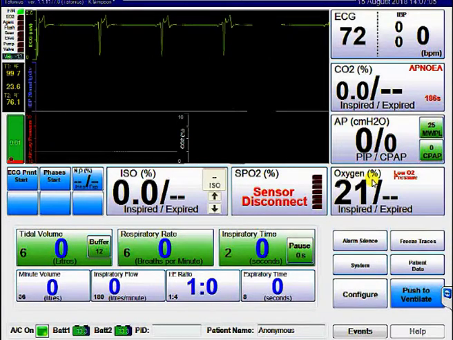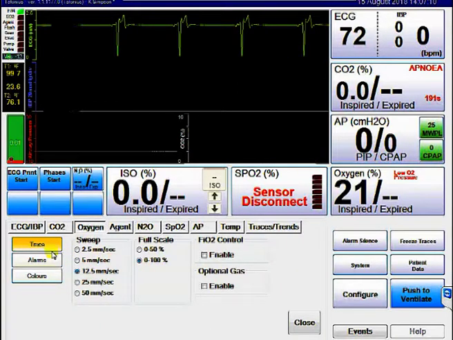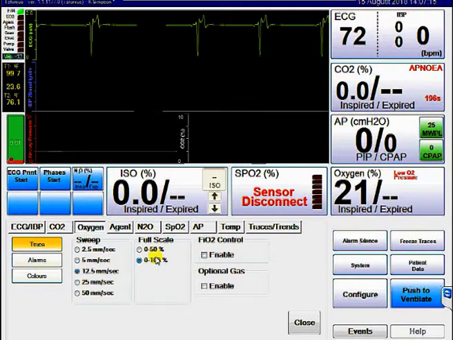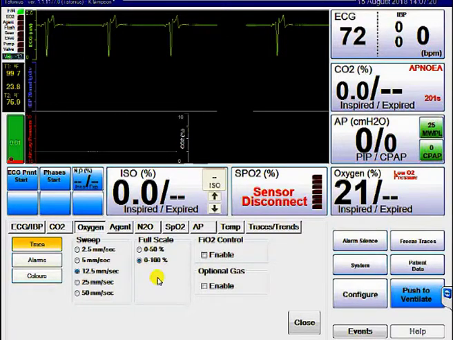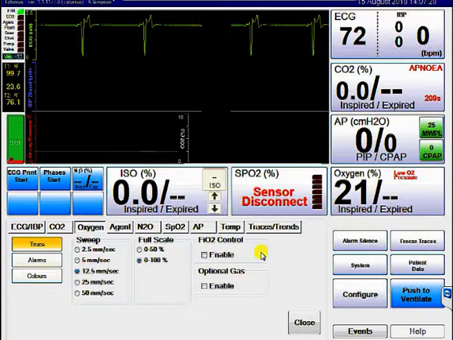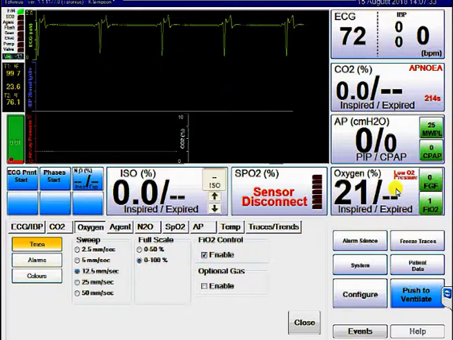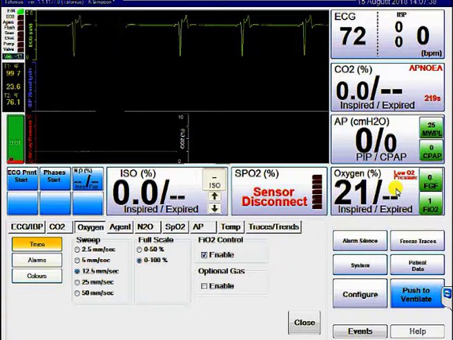The next one to look at is the oxygen. Click on this oxygen. And here we have in the trace configuration panel the same things we've seen before, the sweep speed and the full scale percent. That's quite normal, and you've seen that before. Very briefly, we have some slightly different controls here. We have the V003. So if I click on V003 enable, what this does is add 2 extra buttons to the oxygen button itself. I have described this in a previous video, so I won't go into it here, but